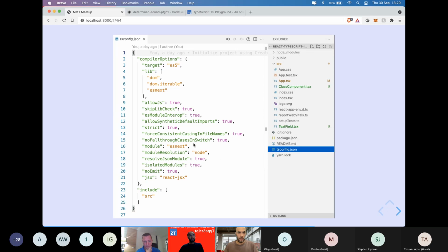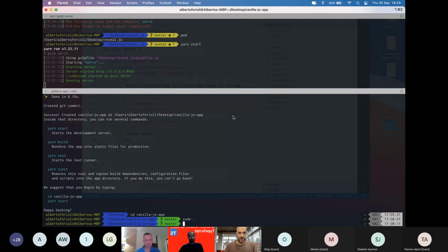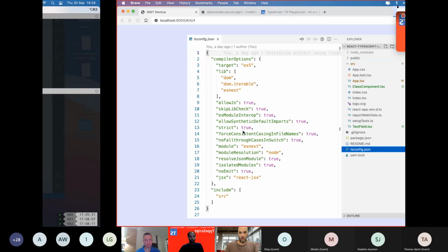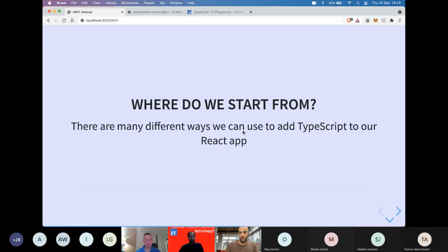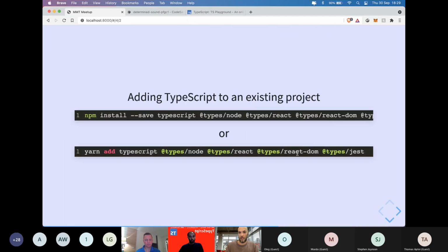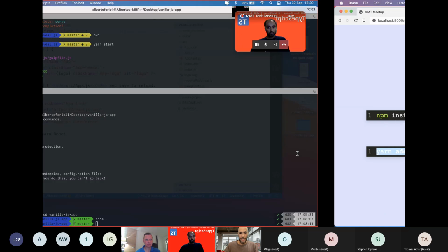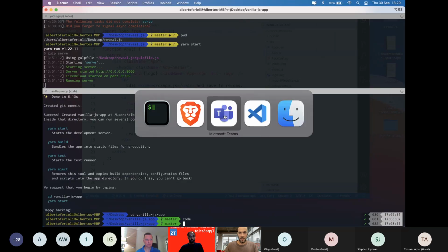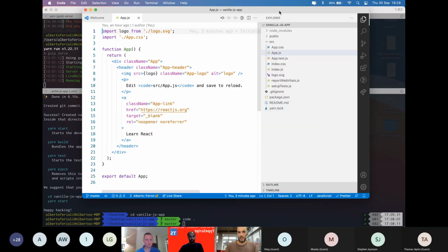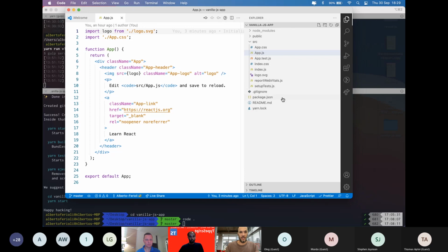at you. So I want to demonstrate how we can transform an application. I've prepared a React application beforehand, and I think it's this one, and it's not TypeScript at all. It's just vanilla JavaScript.